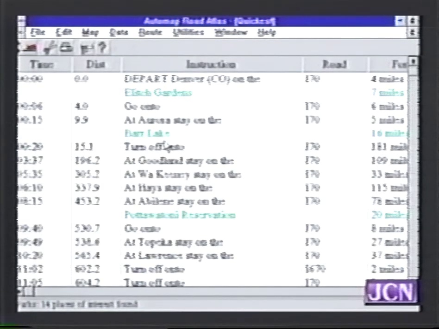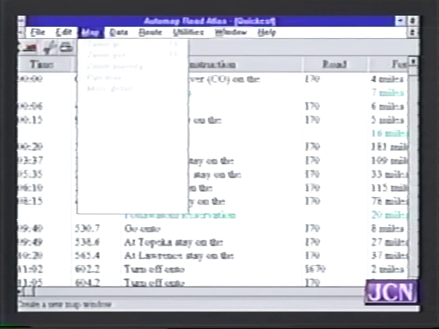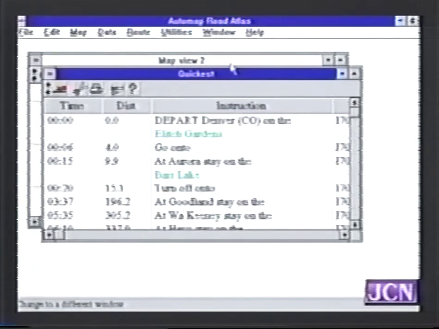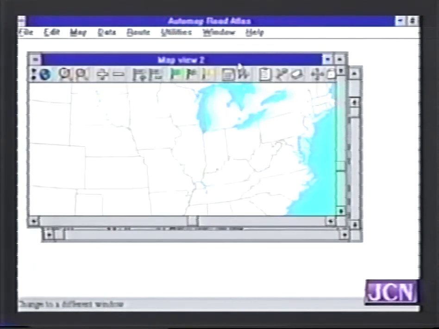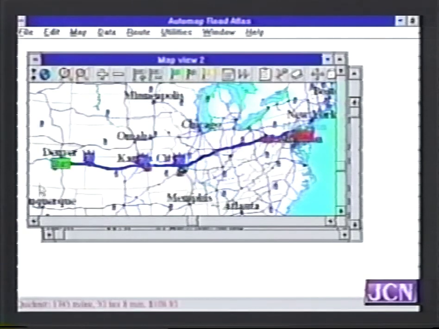Oh, it actually shows us the parks in our itinerary, which is great, or we can go back to the window somehow. Should be able to go to the map. Oh, we can't go that way. Let's shrink this down. And we've got map view. And there's our route. You can see our route from Denver to Philadelphia. As we expand this up a little bit,